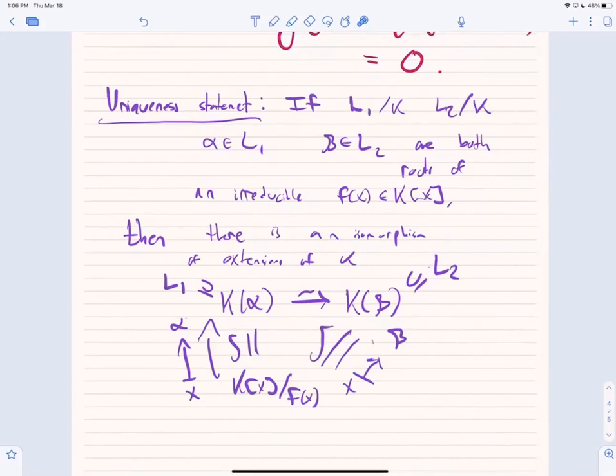This is something we already basically saw, but you do have to say something. This isn't immediate from what we just said. Alpha has a minimal polynomial over K, and that minimal polynomial is irreducible. On the other hand, f is an irreducible polynomial such that f of alpha is equal to 0. So f has to be that minimal polynomial. What's left to say here is to double check that f really is the minimal polynomial of alpha and the minimal polynomial of beta. That just follows from the fact that f is irreducible and alpha is a root of f. Okay,